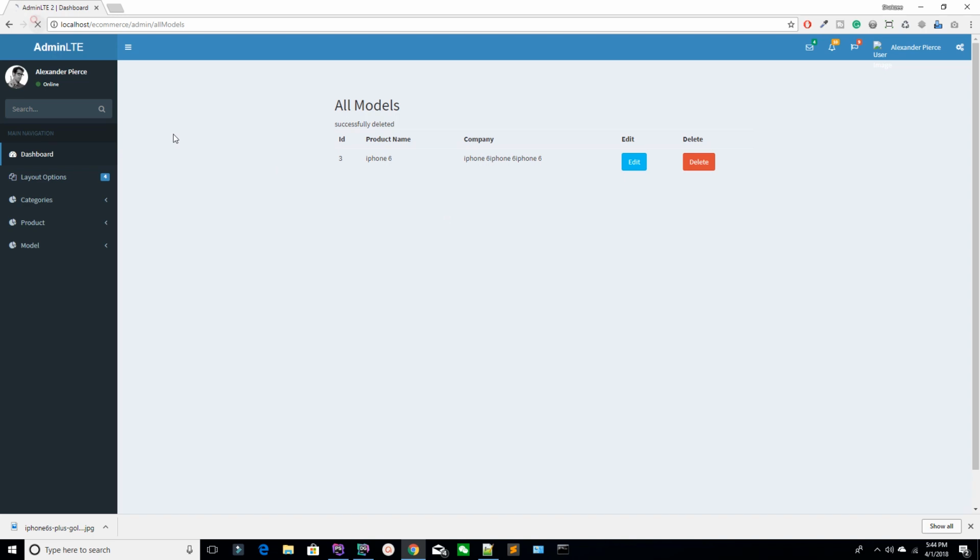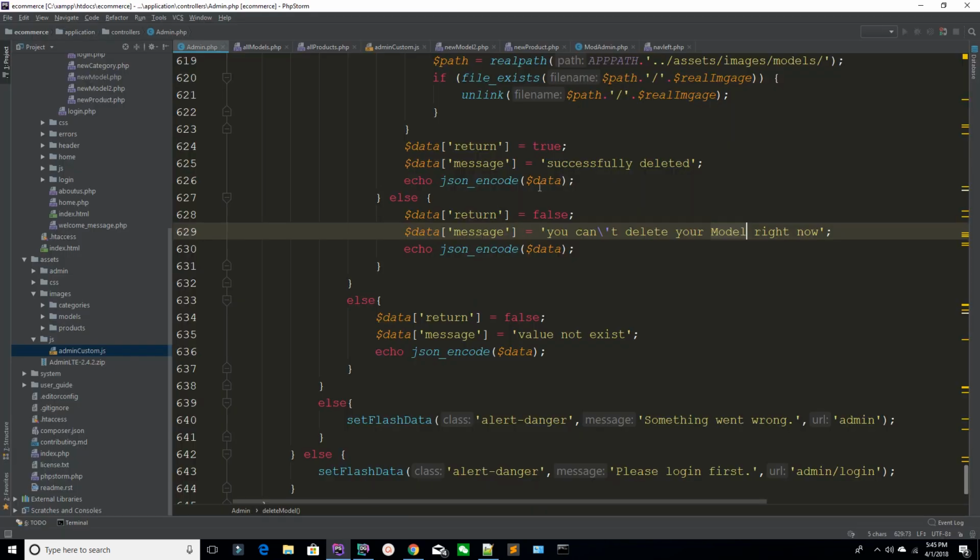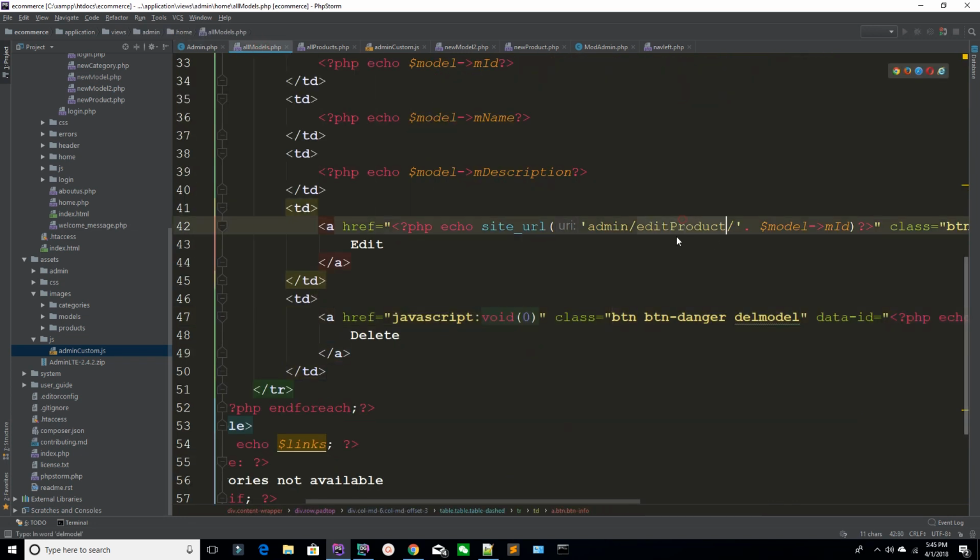Okay, so now you have created the delete system. Now it's time to create the edit system also. So what you need, you just need to change the admin or this field, because you are not going to send the ID to edit product, because this time we are adding the model. So go to your all models, change your, for suppose this time I'm saying edit model. You are sending the MID with that model. So make sure this is similar with